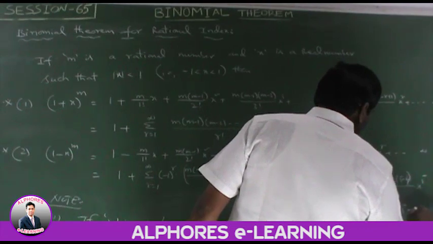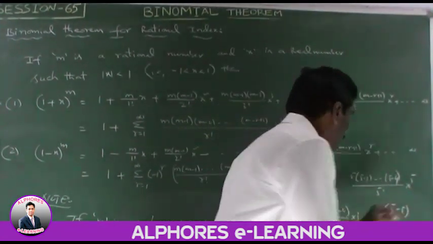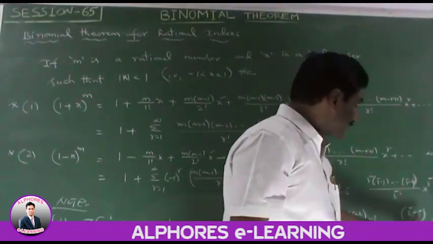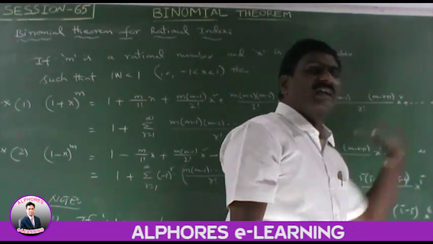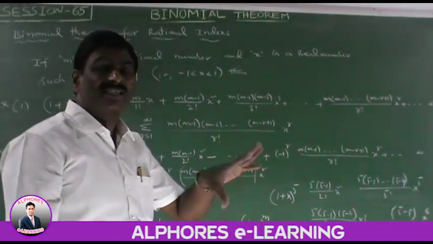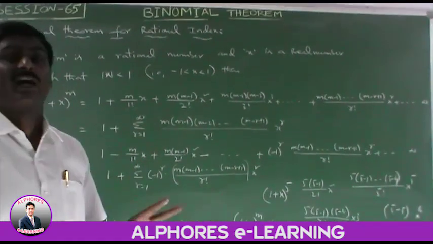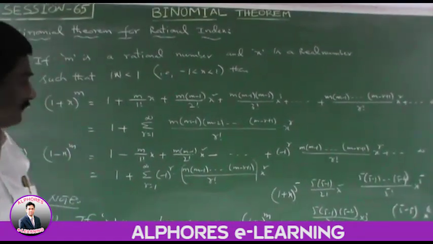Next term has (5−5), into x⁶. This term is 0. Next term has (5−6), 0 into that value, 0. All the remaining terms go to 0. So in this case the number of terms is finite, and that value is m + 1. Okay. Next,